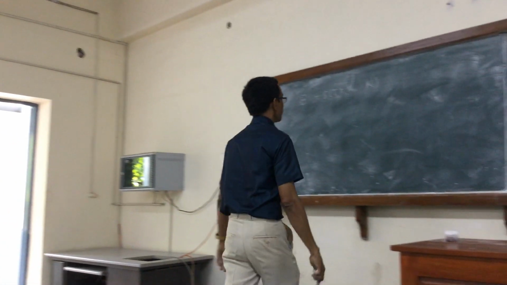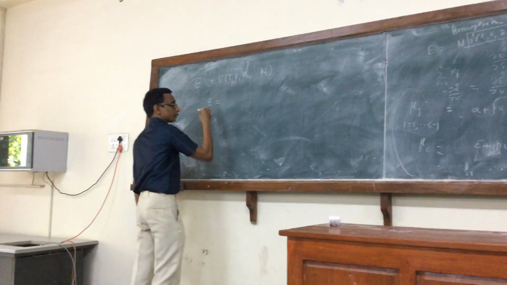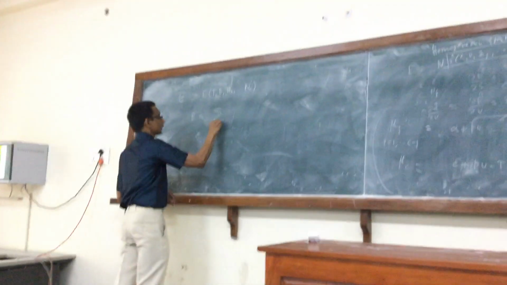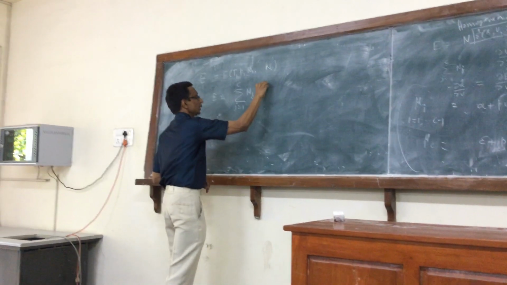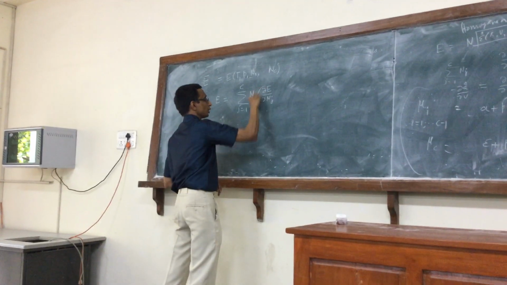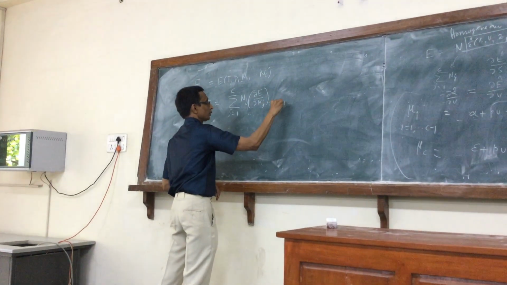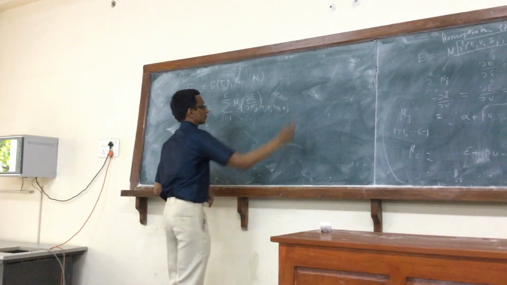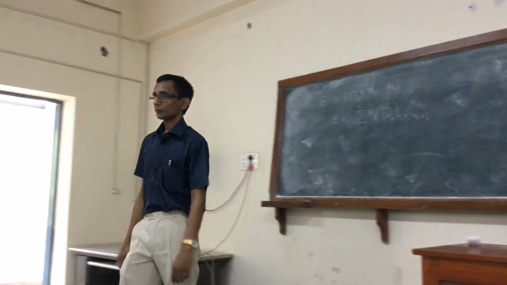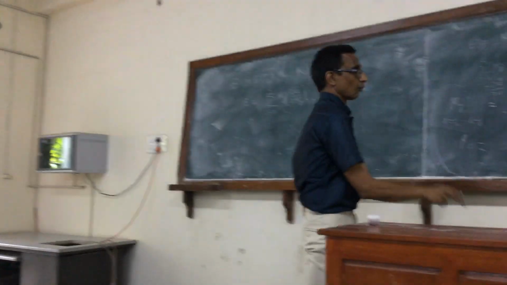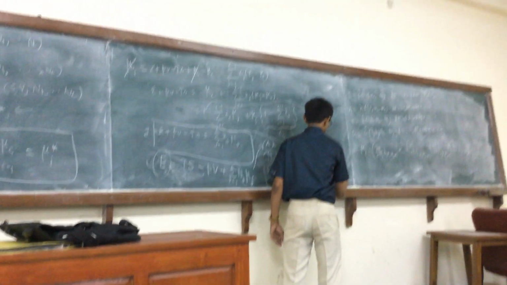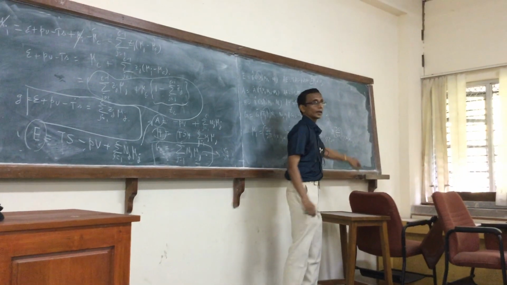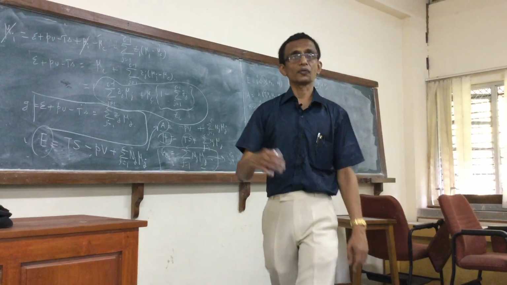Then it's possible to show, using in fact the special case of Euler's theorem, that E can then be written as the sum over j equal to 1 to C of Nj dE by dNj at constant T, P and Nk not equal to j. This is identical to that, because if you recognize what the mu j is, it is nothing but dG by dNj. I have that here, dE by dNi at constant T, P. So we can argue that if I introduce this derivative with respect to Nj,